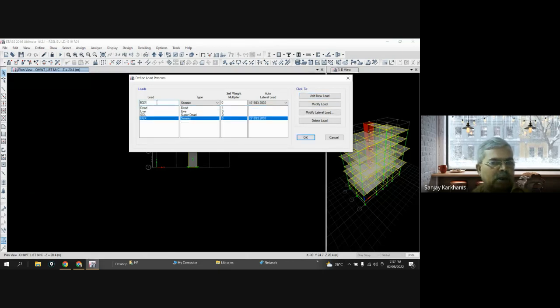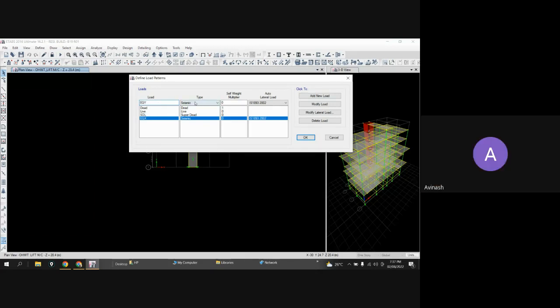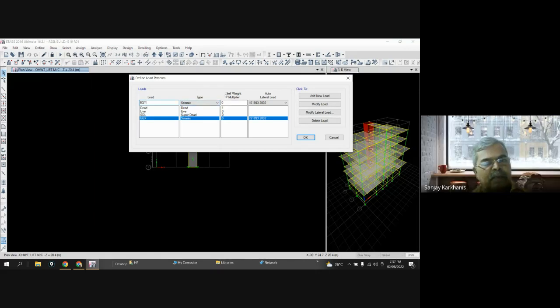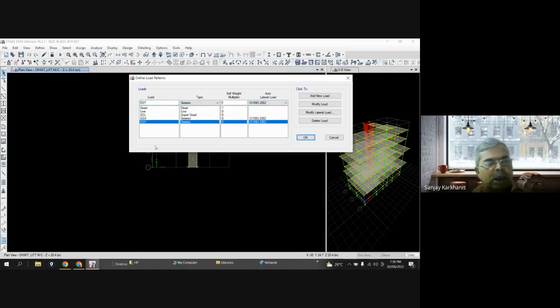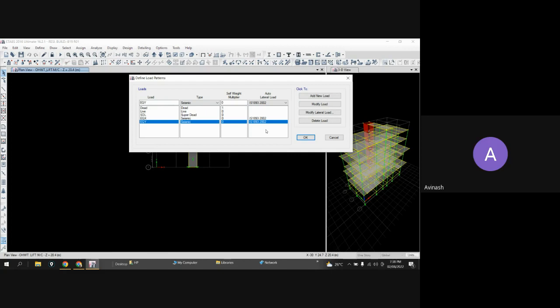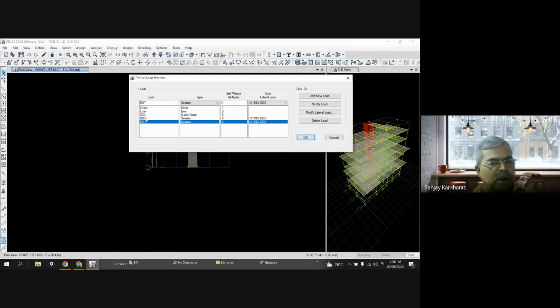Then I will go for earthquake in the Y direction. Okay. Yes, sir. The type will be seismic, self weight will be zero, and 1893 it will be the same. And add, add new load. Clear? Yes, sir. Now it will ask you for some changes as per your choice, because in 1893, if